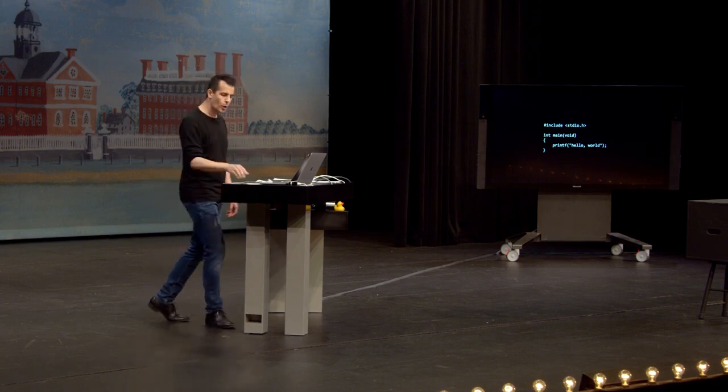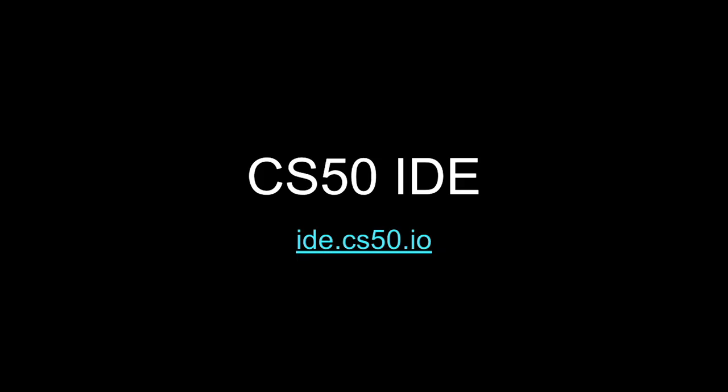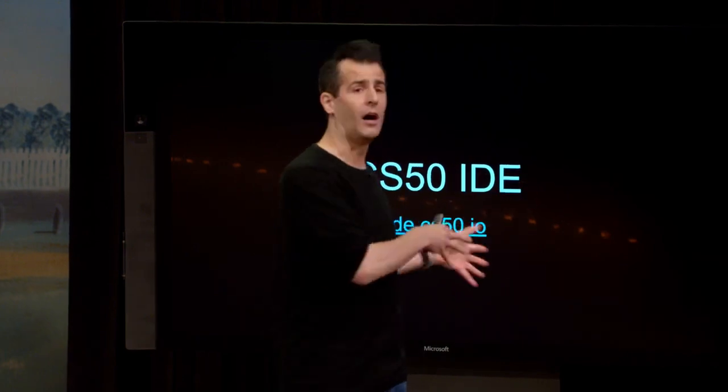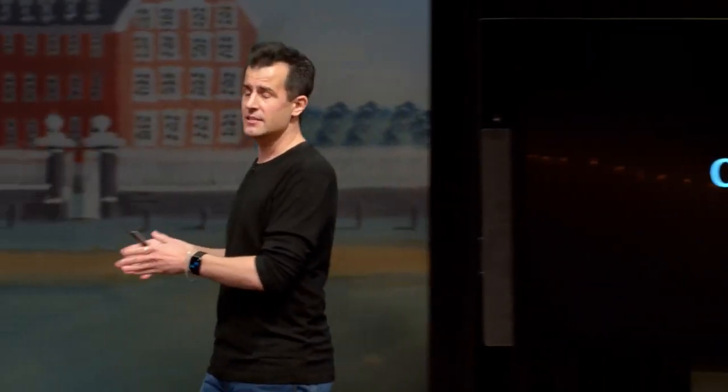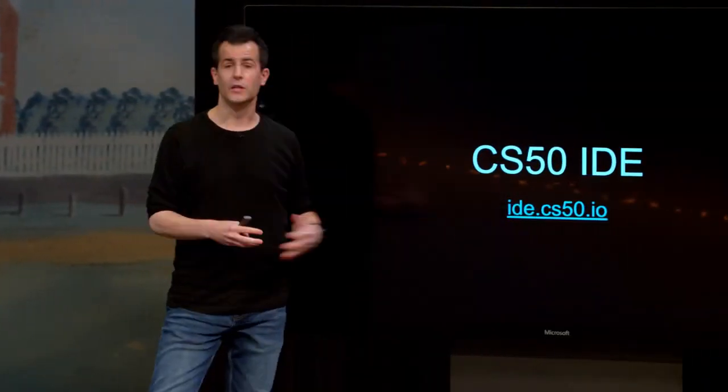But to do so, we're going to go ahead and introduce the first of several tools this semester, this one known as CS50 IDE. IDE is an acronym, a term of art in programming that stands for Integrated Development Environment, which is just a fancy way of saying in this context that CS50 IDE is CS50's own web-based programming environment. And it's not specific to CS50 per se. We've simply added a number of educationally useful features on top of a third-party cloud tool that anyone on the internet can use. And our own version thereof lives at this URL,